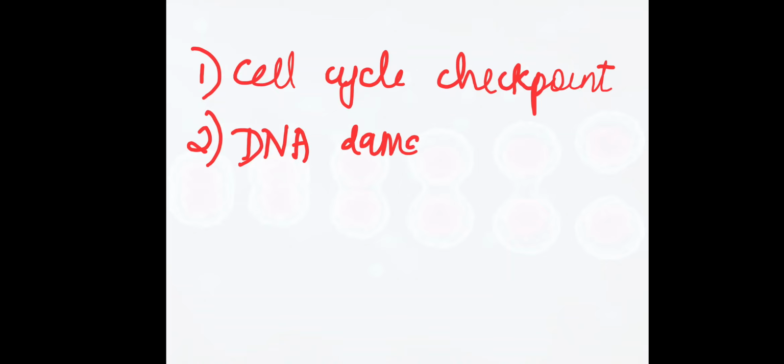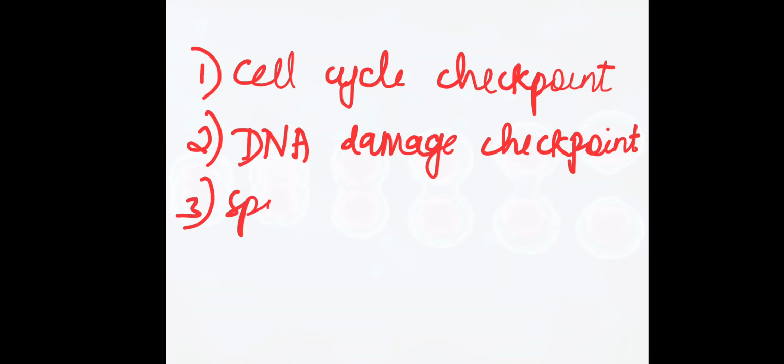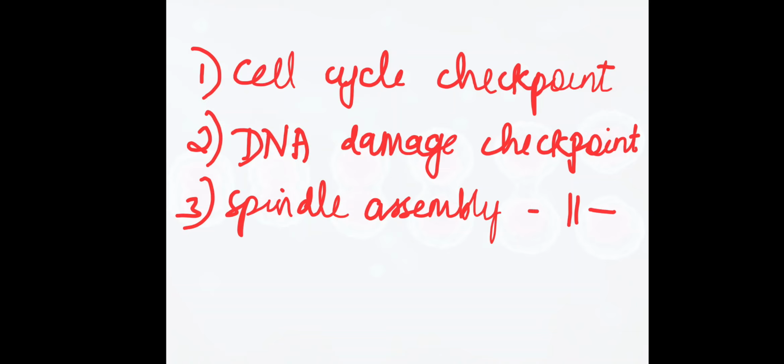They are the cell cycle checkpoint, the second one is the DNA damage checkpoint, and the last one is the spindle assembly checkpoint. So the cell cycle checkpoint, DNA damage checkpoint, and spindle assembly checkpoint are the three major checkpoints in the cell cycle,